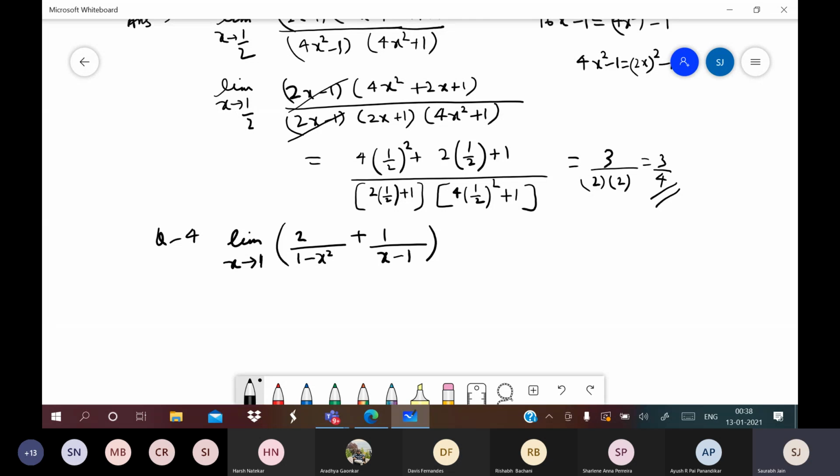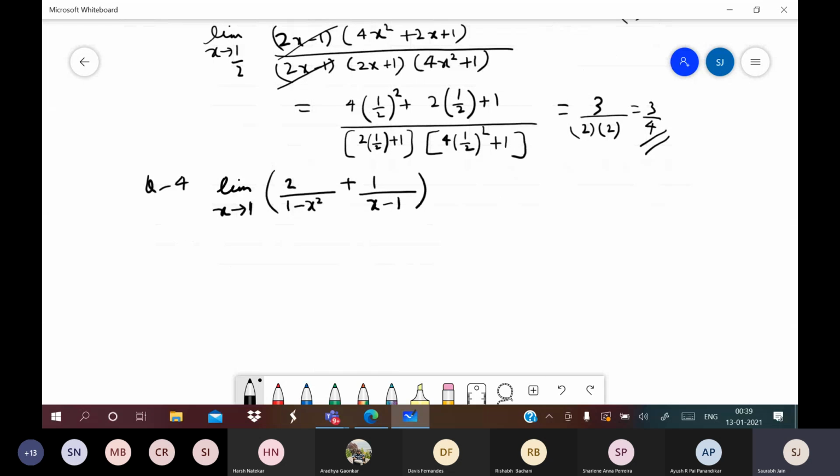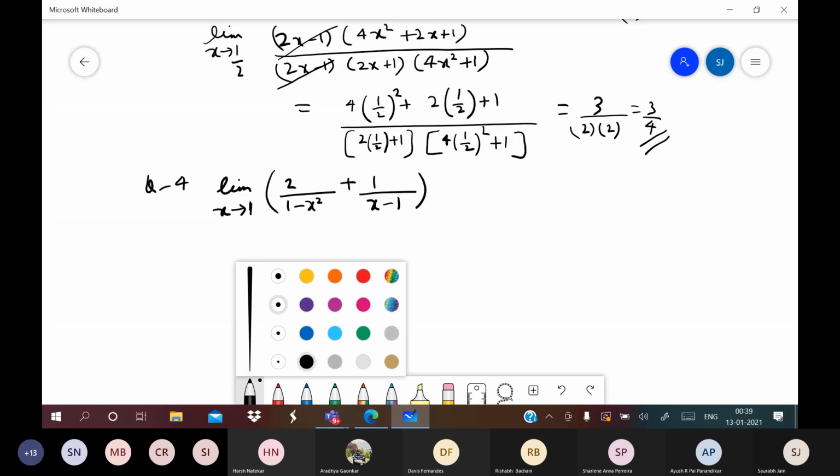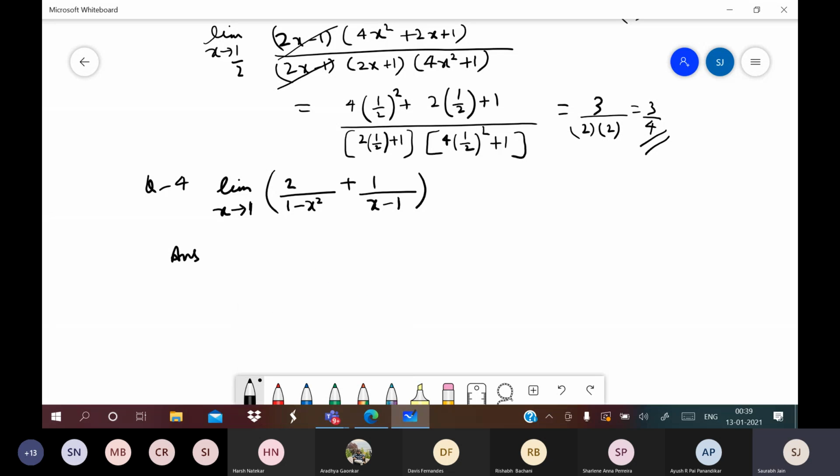So half. Half is correct. Good. So first thing, if you observe these denominators carefully, let us factorize this. If you observe the second denominator and the first part of the first denominator, that is 1 minus x, okay? So there is some relation between them. If you want to write exactly the same, follow this step in the second term.